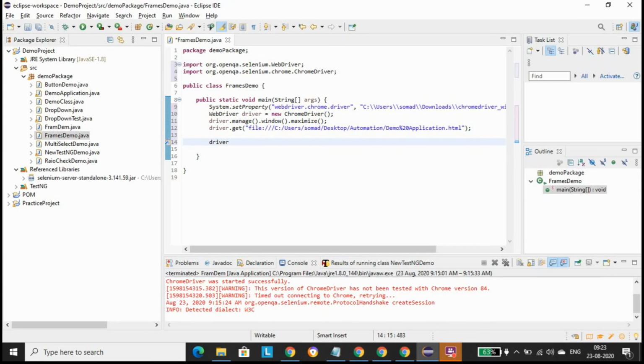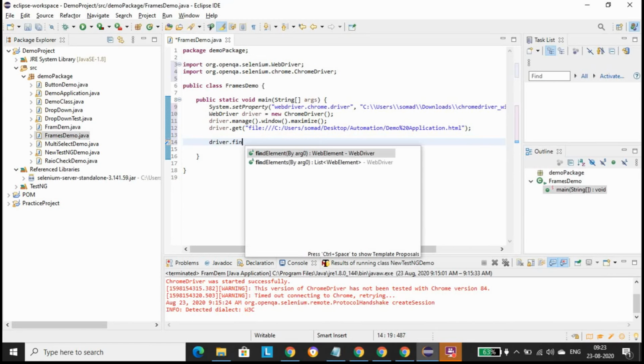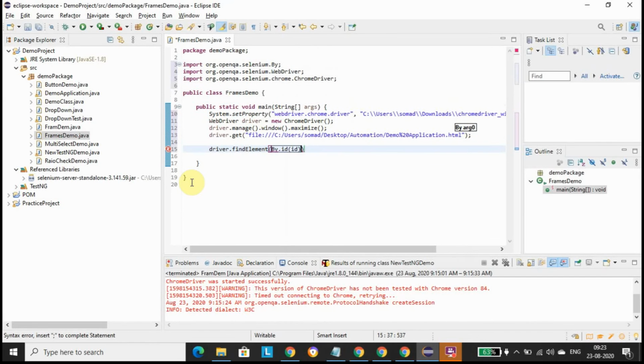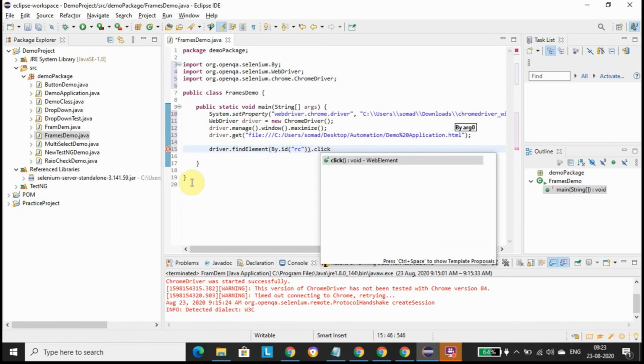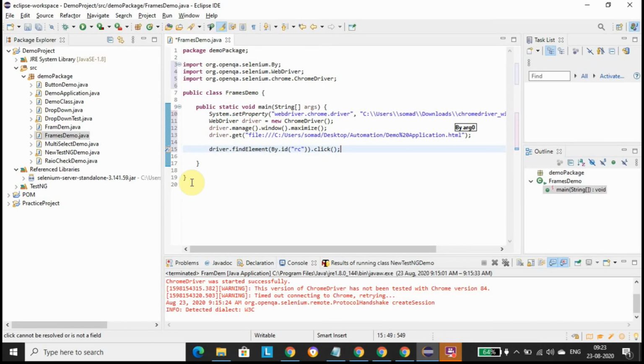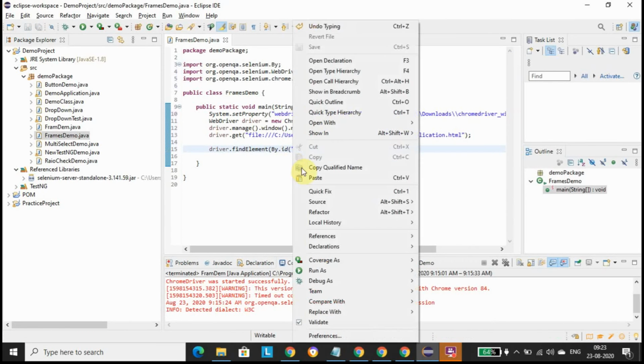Driver dot click. If it is not inside a frame, it should work perfectly fine.